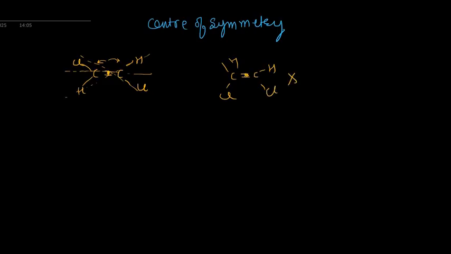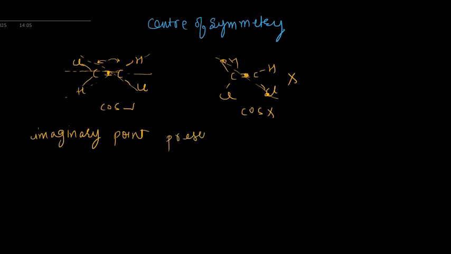If we draw the C double bond C, H and Cl and Cl, and draw the line through this, we are getting hydrogen here, but on the other side we are getting chlorine. So we are not getting the same element before and after. So it doesn't have a center of symmetry. So what is the definition of center of symmetry? It is an imaginary point present in a molecule about which